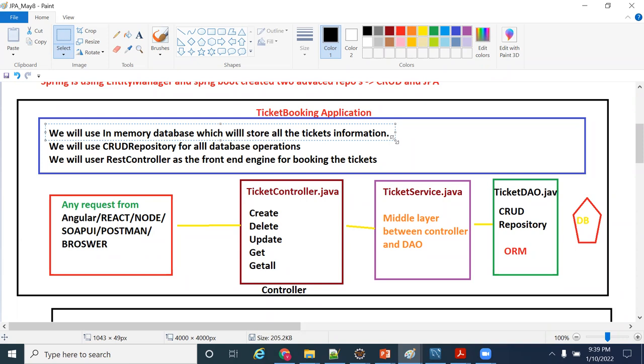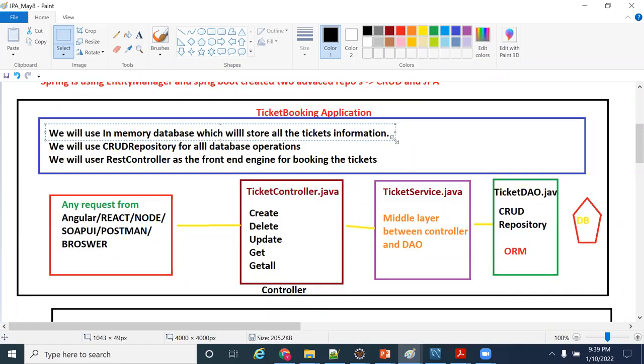What will the question be? What is the importance of an in-memory database? Why can we not use a permanent database? In which scenario have you used an in-memory database in your application? Can you tell me a scenario where I can use an in-memory database and where I can use a permanent database? This is the first toughest interview question.